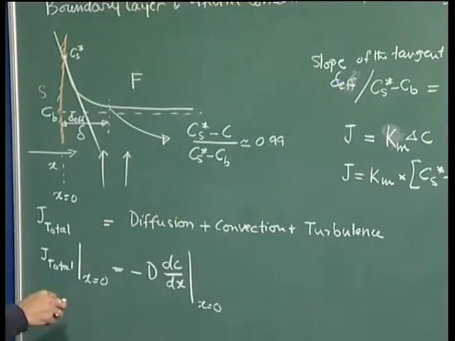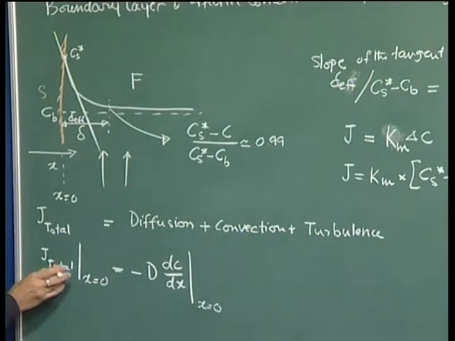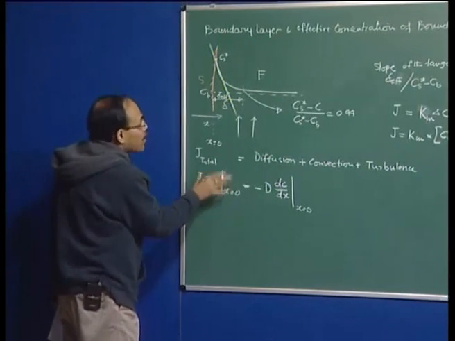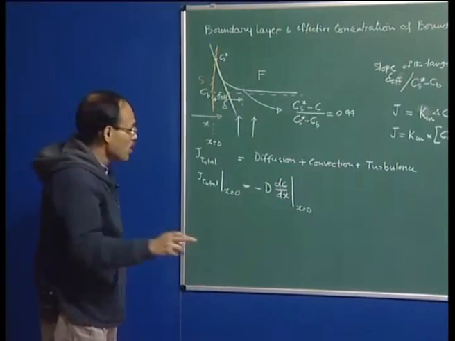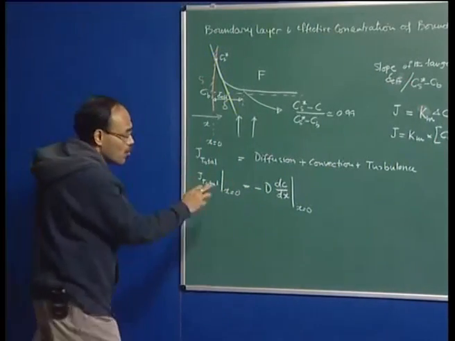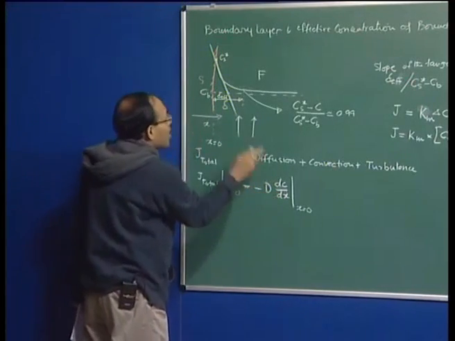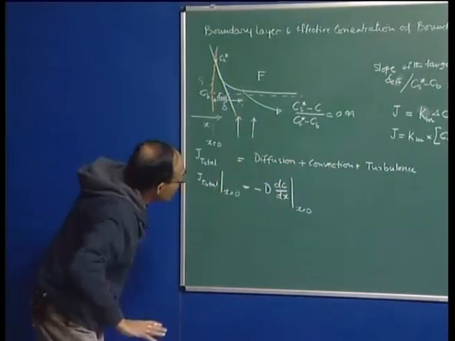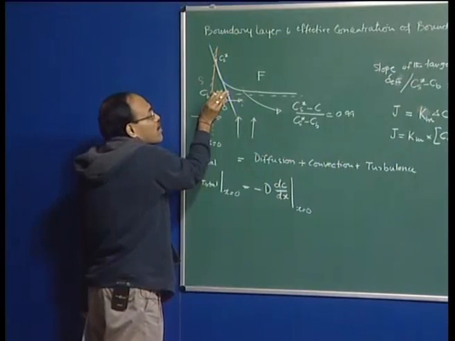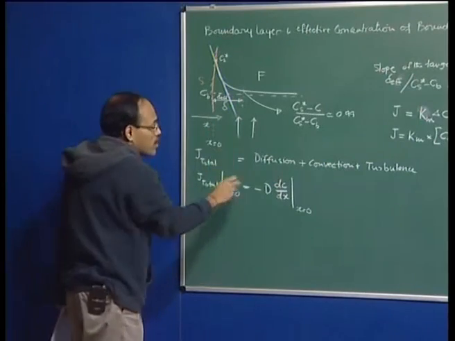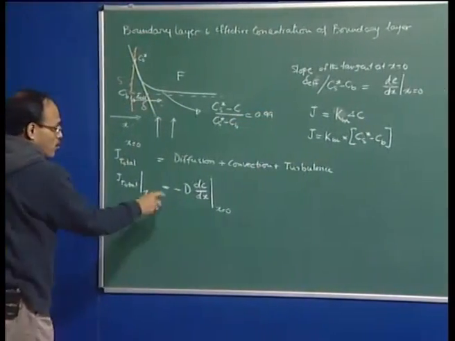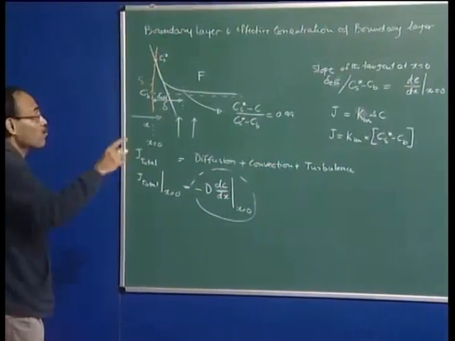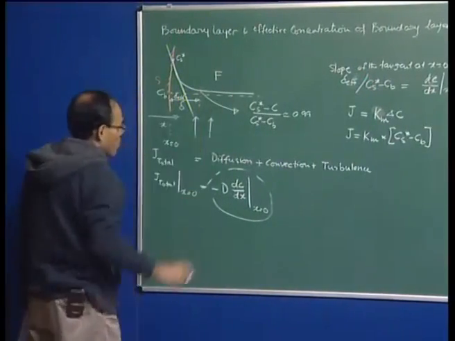Now, you note that it tends to give you a picture that the mass transport at the surface is diffusion flux, or the mass flux at the surface is solely due to diffusion, but it is not so. Even though the expression looks like the diffusion flux, you must note from this that the slope of the curve is related to the nature of the fluid flow. You can visualize possibly that if the flow past the solid is very, very fast, this thickness is going to be very, very small. Okay? So, the slope of the curve will depend on the nature of the fluid flow. So, therefore, even though the expression may look like diffusion, the fluid flow does have a role to play when mass transport in the